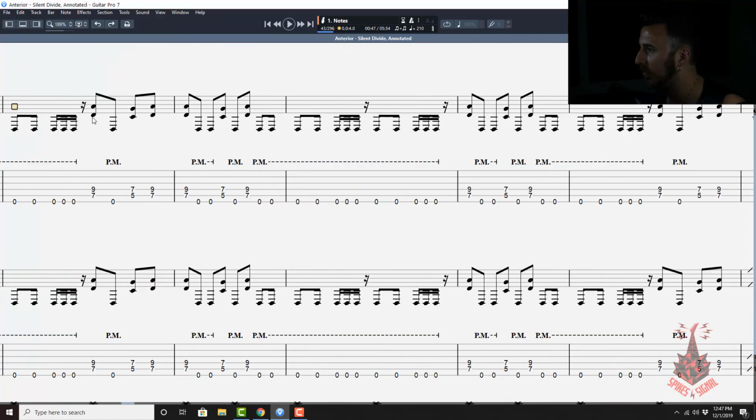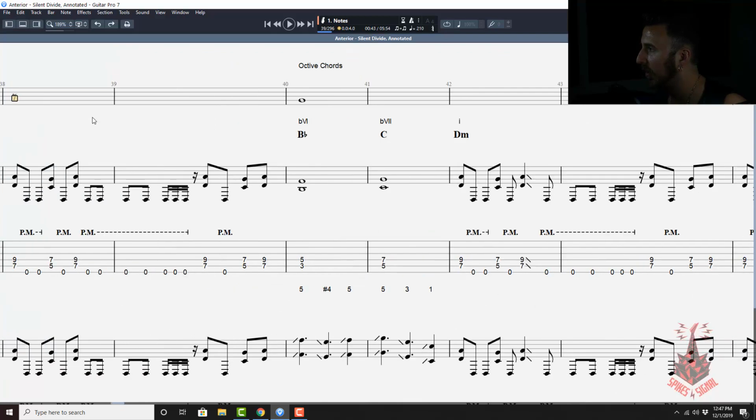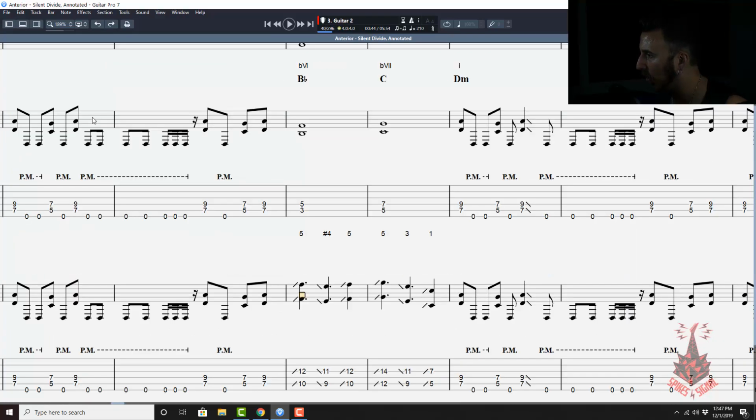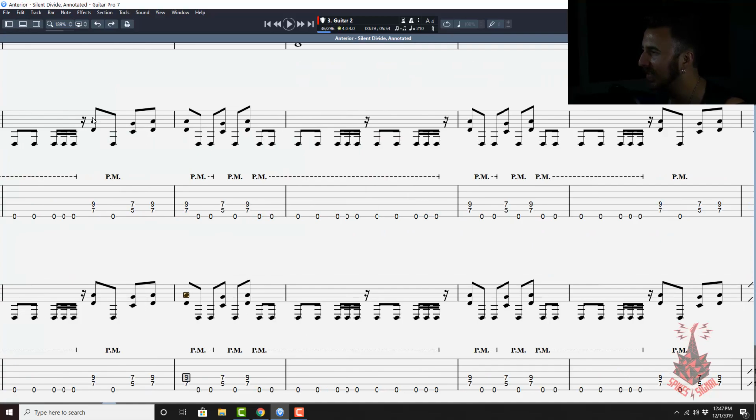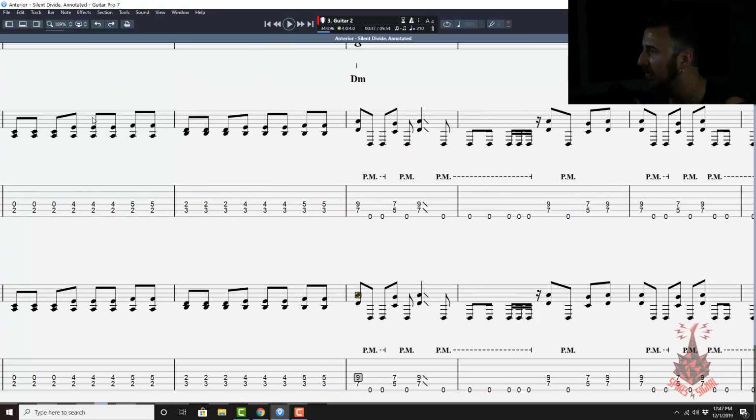Okay, so going back to it, let's go ahead and see what we have here. We have the guitars doing something almost akin to a breakdown, you might want to say, but not exactly, because it's nowhere near the breakdown section of the song. It transitions from here